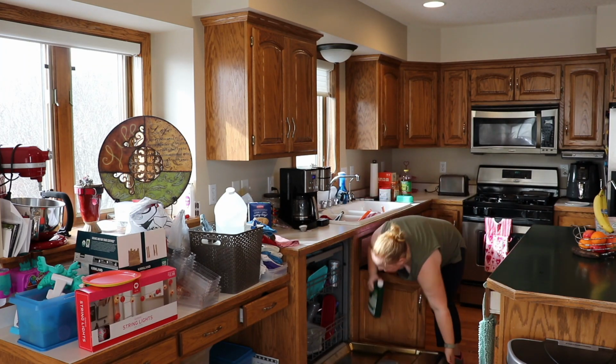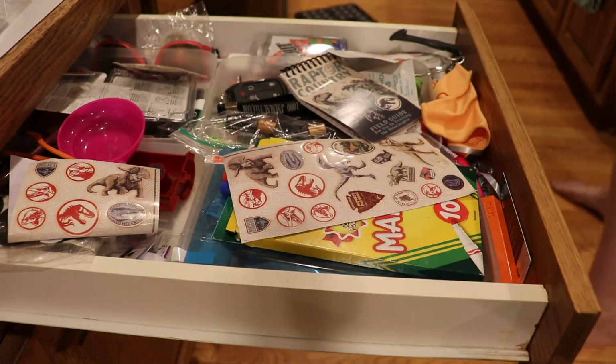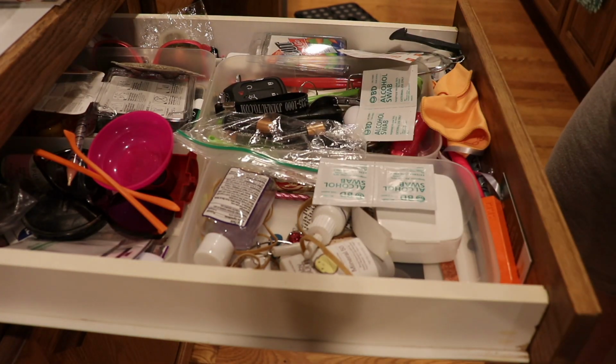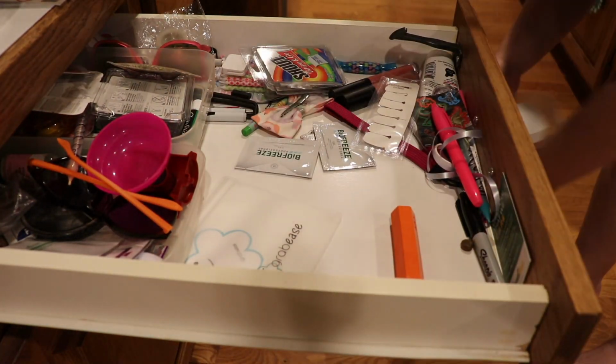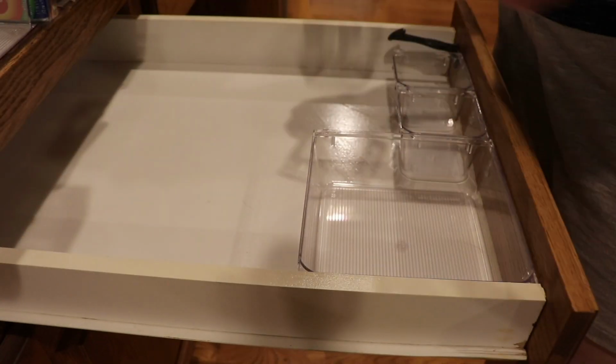And that evening I decided to work on our junk drawers. Now we each have a junk drawer. They're both of ours, but each of us kind of has one that we claim as our own, and this one is mine. This one was completely organized earlier this summer, but my husband came in one day and said,